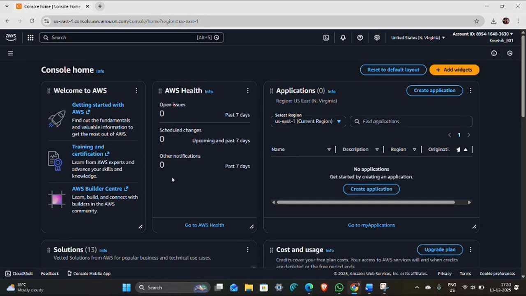Hello everyone, today I'm here to do a hands-on AWS Cloud Backend tutorial where I'll show you step by step how to create a VPC, configure subnets, launch an EC2 instance, and set up an S3 bucket in the AWS